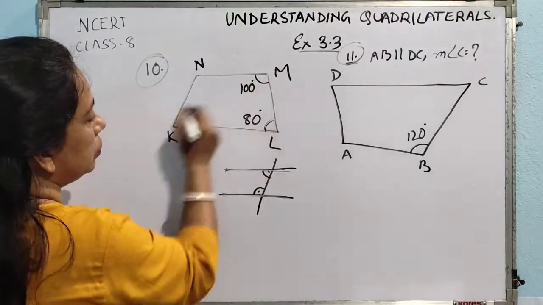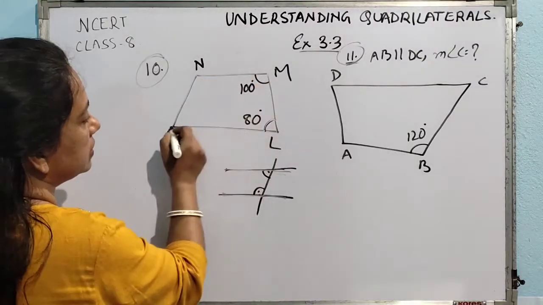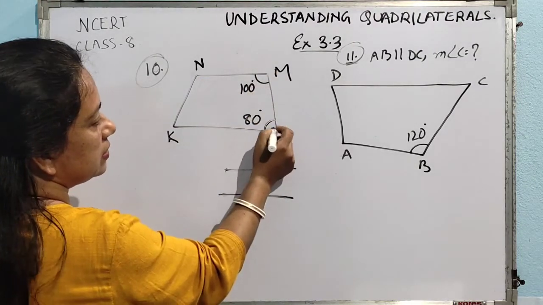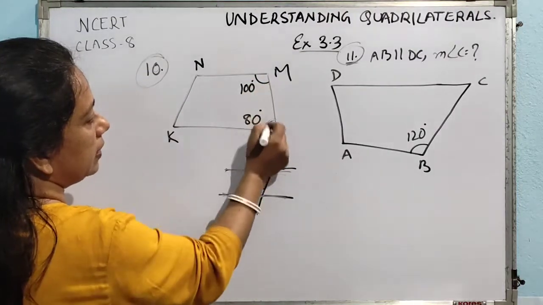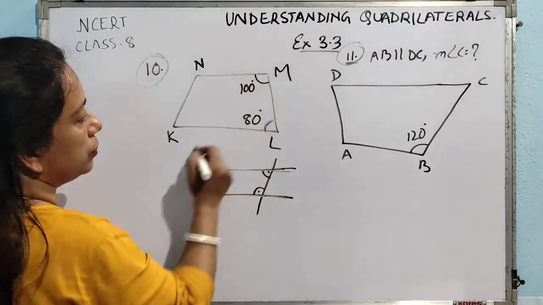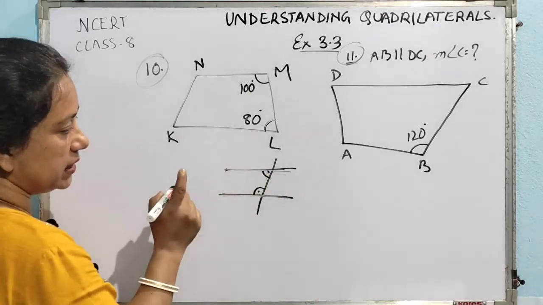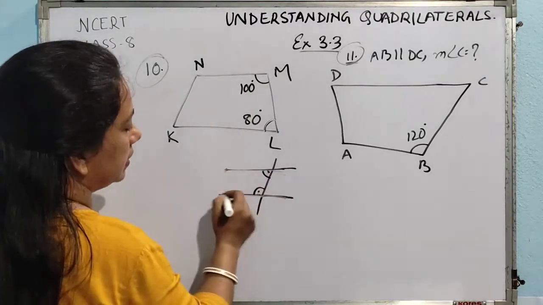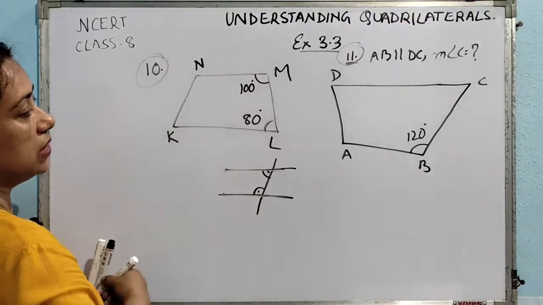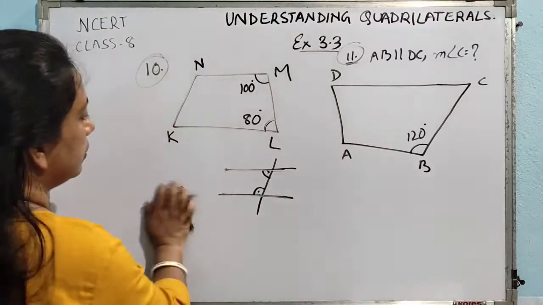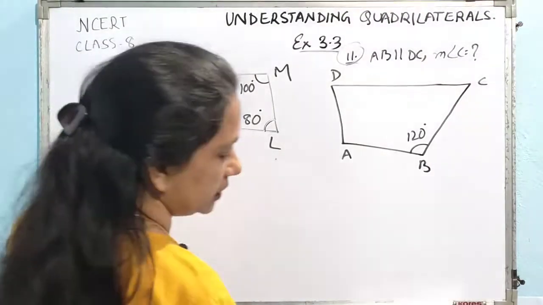Now in this case, we don't know whether these are parallel or not. If I am considering that these two lines are there and ML is the transversal, then these two angles sum is going to give you 180 degree. It means that if the sum of these two angles is 180 degree, it definitely means that this is parallel to this. Why? Because they form the co-interior angles. Okay, just like that we can write it very simply.